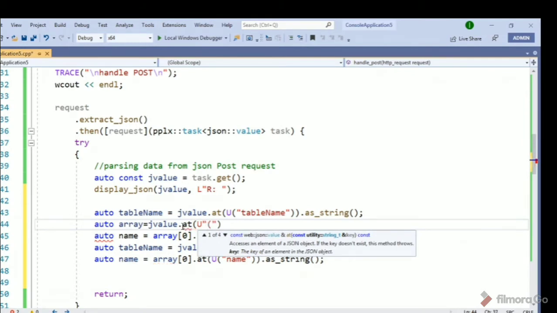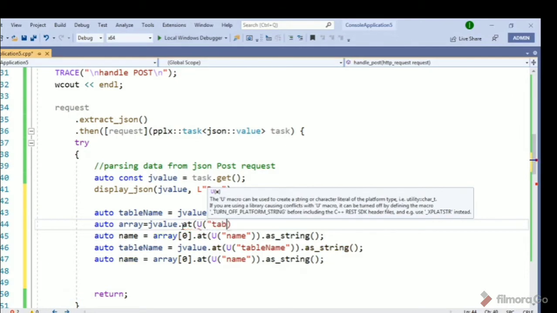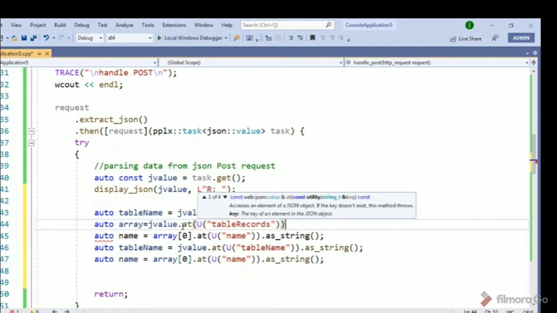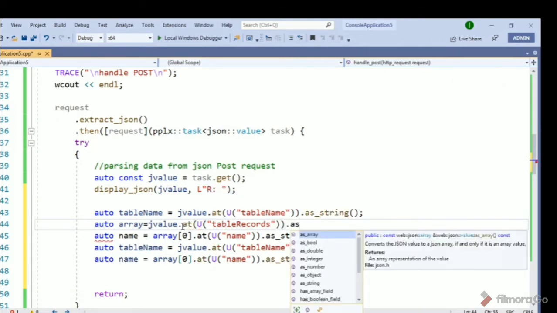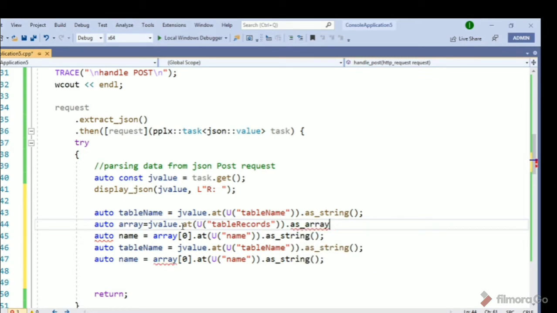I missed the table records which we have to use. Table records is the name of the array, so we will use it as array. I made this mistake, no problem.